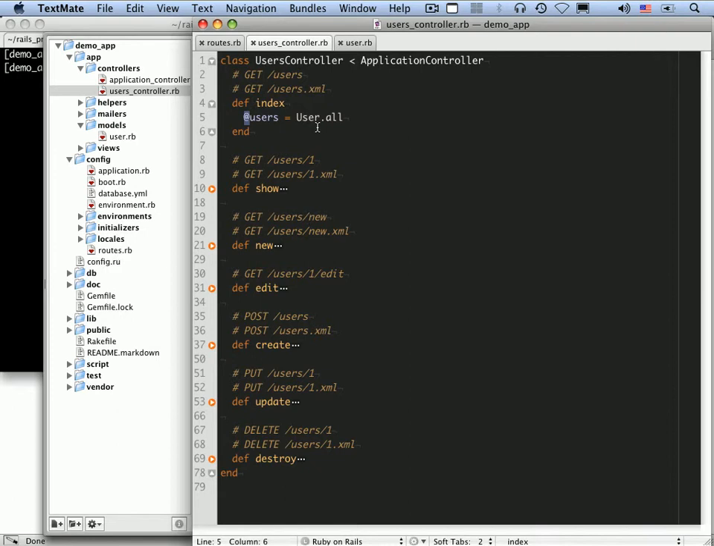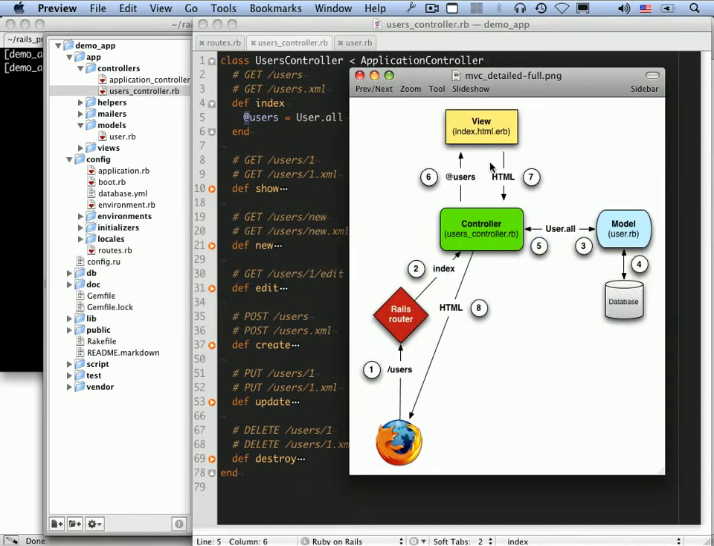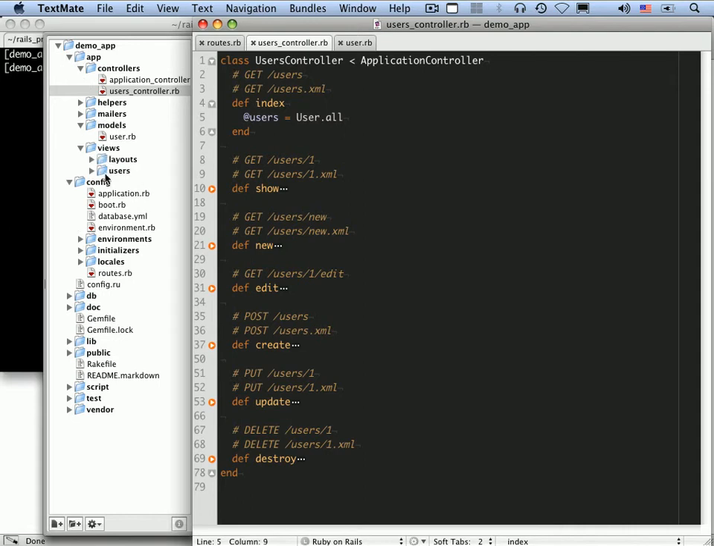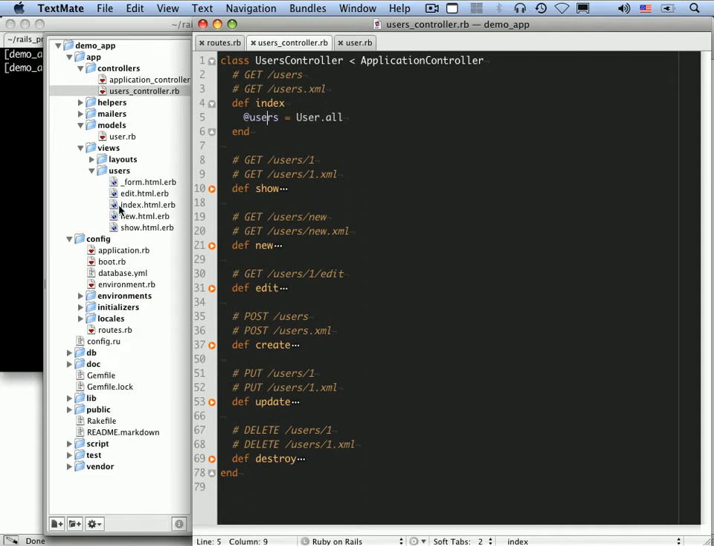But with respect to a Rails application, what's important to know is that an instance variable is automatically available in the views. So what are the views? Well, views are essentially just web pages. So @users gets passed to the view. In this case, it's index.html.erb. Notice that the name of the file corresponds to the name of the action. So let's see if we can find it. See if you can guess where it is. It's in app, views, users,